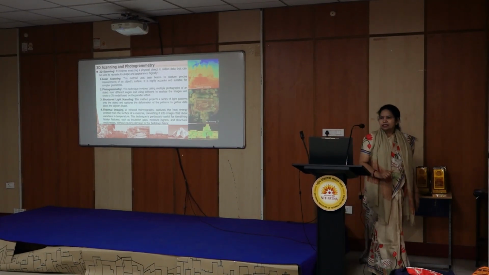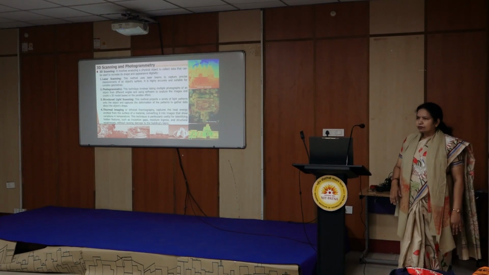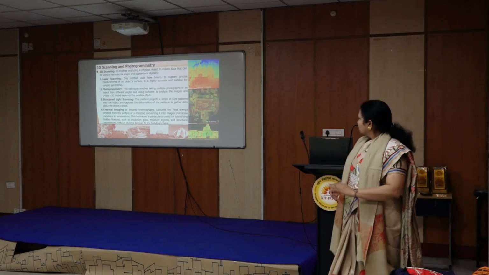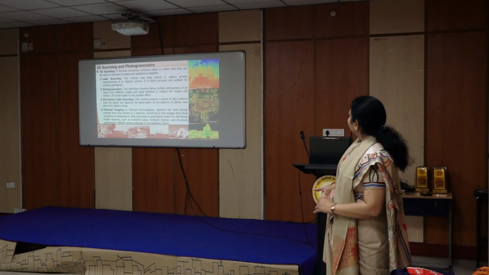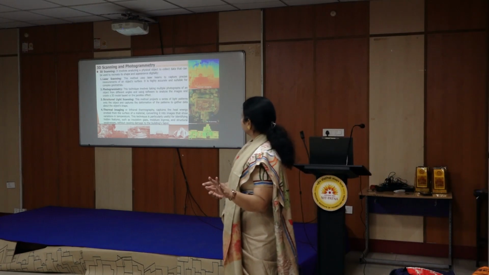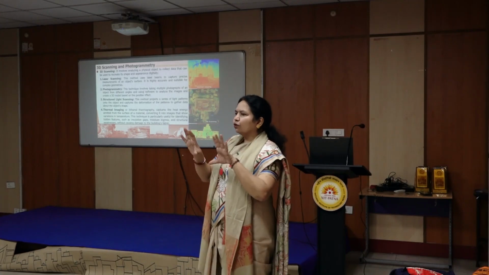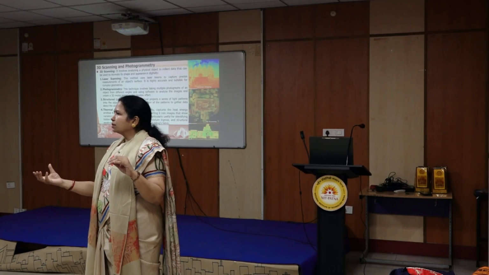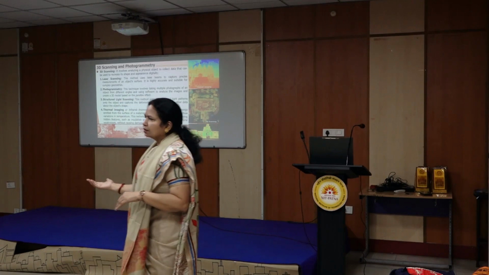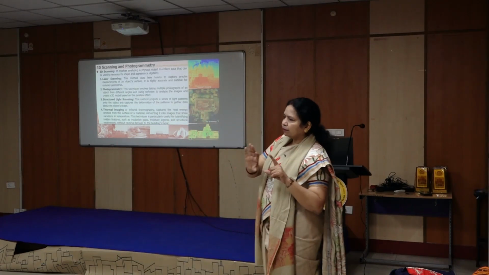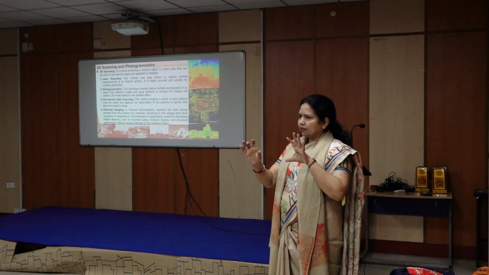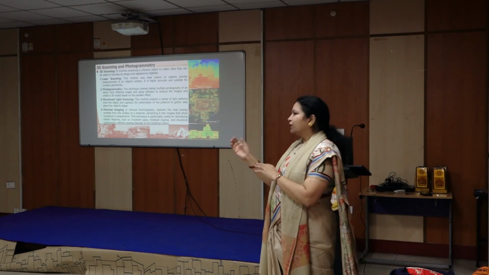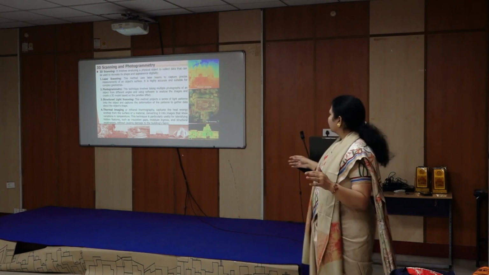Then there are 3D scanning and photogrammetry. You can have various ways in which they can be done. Now here the simplest is photogrammetry. What you do is you take overlapping photographs. So एक छोटे से भी object का maybe 700 or 600, 500 photographs you take by just moving a bit, so that they overlap. Then you put it in a software and it will generate 3D models for you.